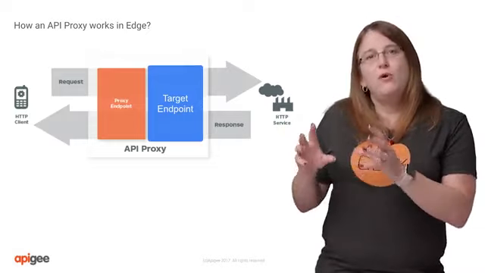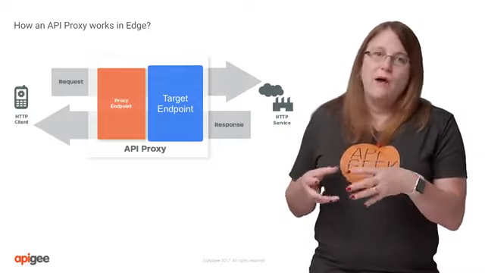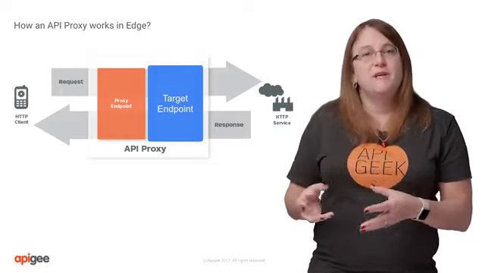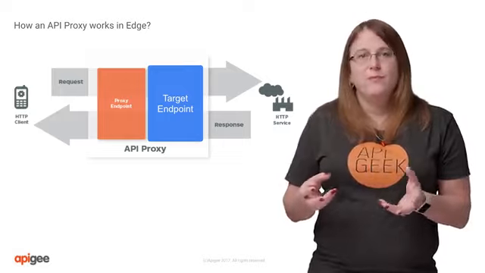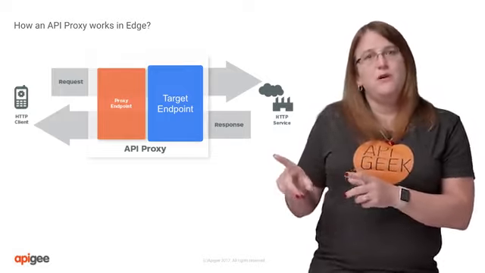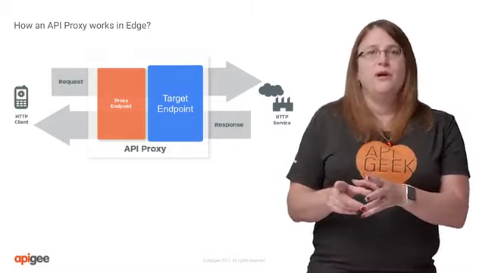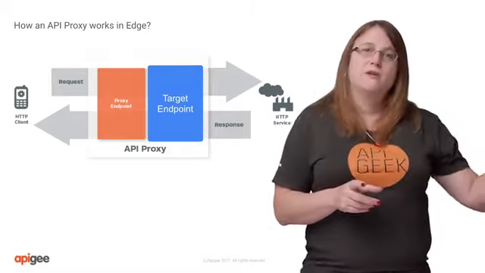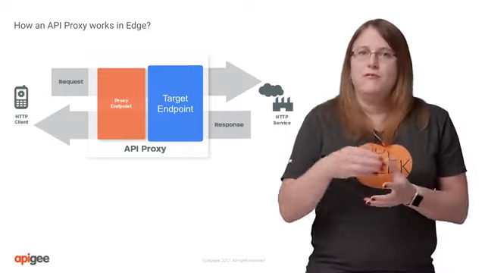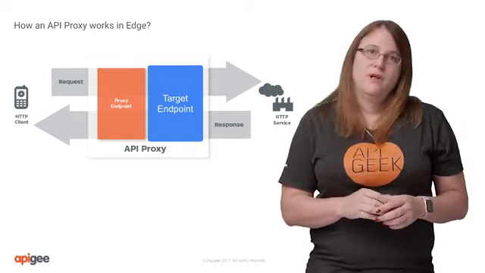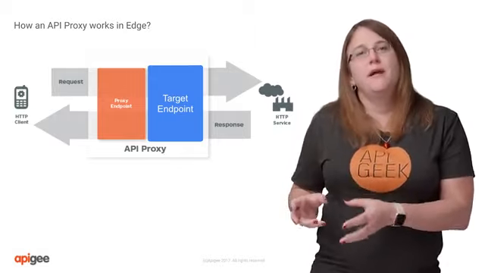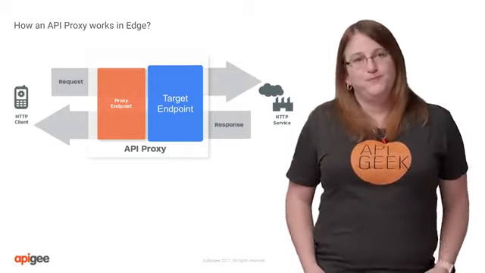The target endpoint might also have some policies to define how requests to the backend systems are to be formatted, or to amend some of the aspects of the client request in other ways. And then the request is passed on to the backend. The response follows the opposite path from the target endpoint to the proxy endpoint and then back to the client, all with the same flexibility to apply policies to enforce rules or format the response. An API proxy usually has one proxy endpoint and one target endpoint. However, you can have more as well.